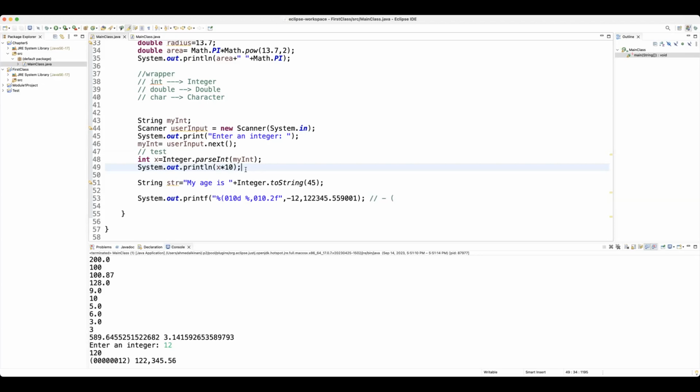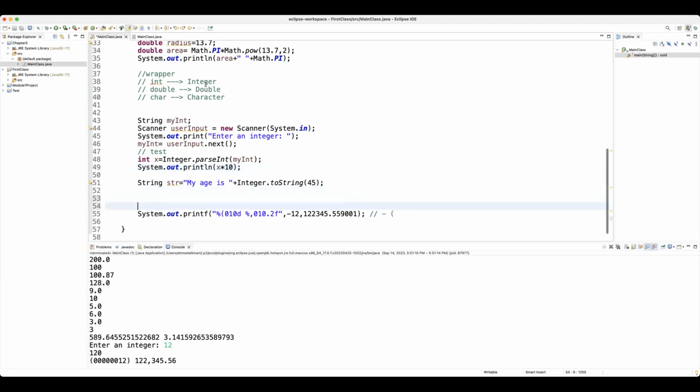So instead of asking the user to enter the number in the form of a numerical value, we ask the user to enter it in the form of a string. Then we take the string and perform some test on it to make sure that only digits are included. After that, we can, with confidence, convert it into an integer or a double. Now, in addition to having those two methods, and of course the toString method would simply do the opposite, converting the integer into a string,